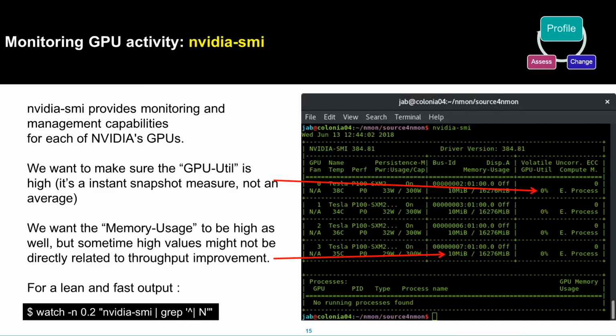I've put it there, so you have two lines that are shown here. I've put a typical command that you can run based on nvidia-smi to have a very lean output and a very responsive and frequently refreshed output with the watch